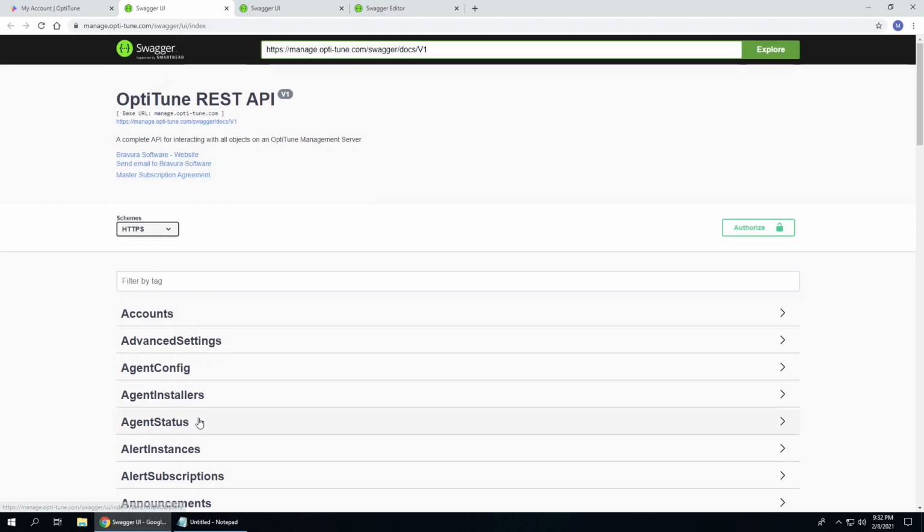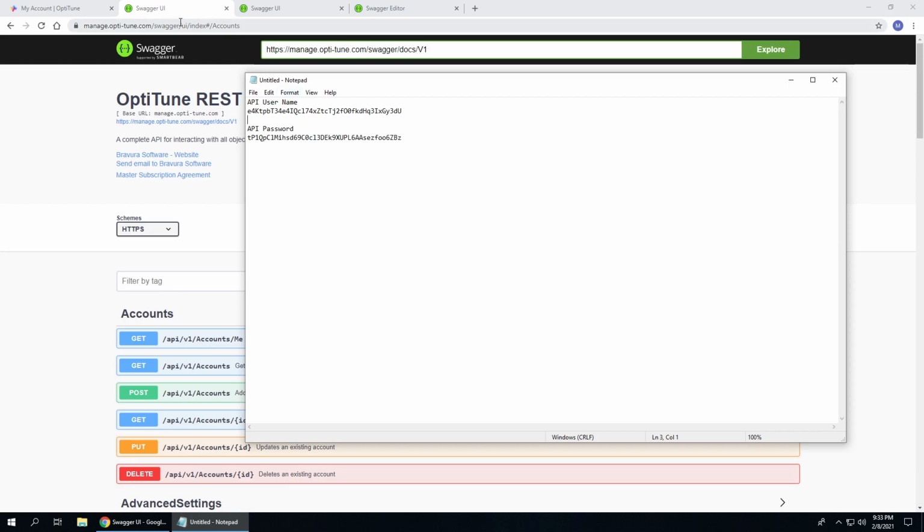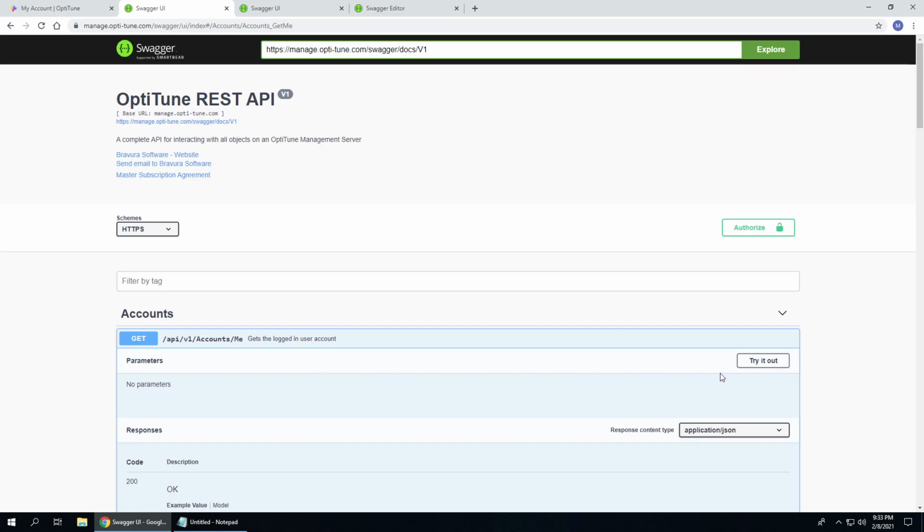So now let's make a quick call. You can call things directly from the help for the REST API. It's kind of confusing, but you'll see once we get started. So for example, with accounts, you can say, let's get all the accounts in the organization. Let's create a new account. Let's delete an account or maybe update an account. So the first method here will say, let's get my account. That is the account that's associated with these API credentials. So we'll hit Get, then go over here and hit Try It Out,